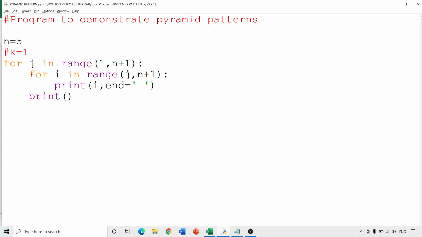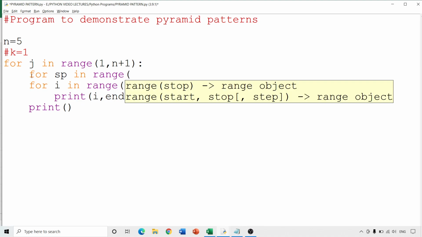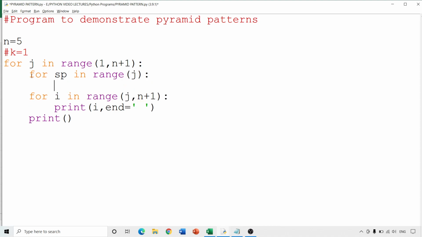So I will write over here, let me put for SP in range, say for example, sorry, and I am going to print, I want to print a space. So definitely I will have to write end equals,